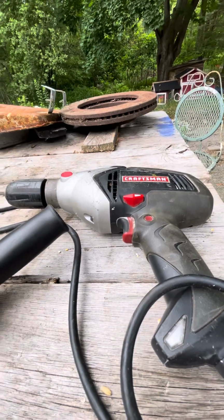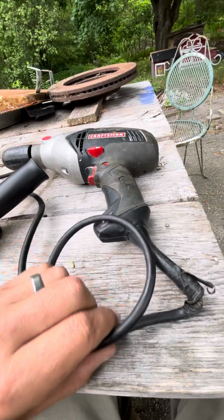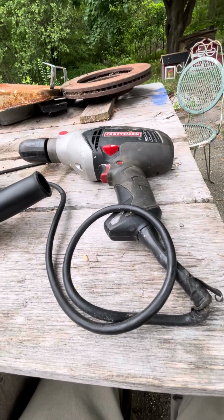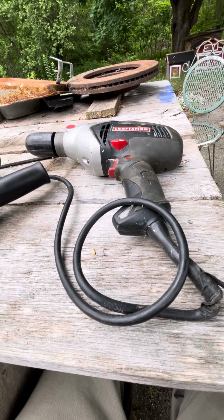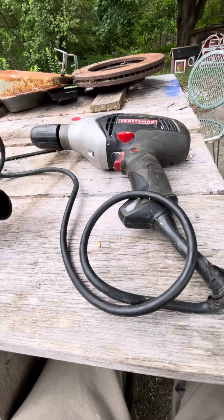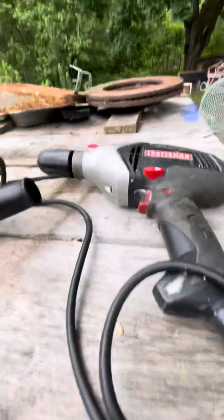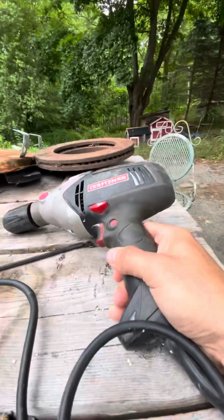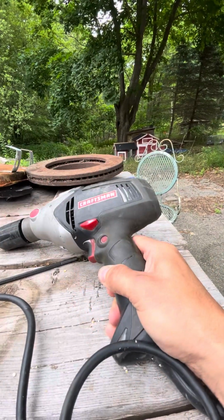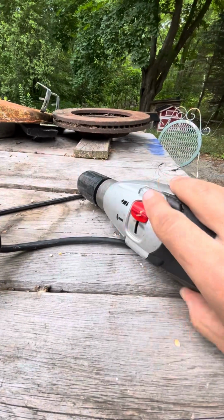Now, this drill here is obviously a corded drill. What makes this different from other drills, like the cordless drills, and you can get cordless drills like this, but I would recommend, again, the battery tools are nice, and I'm going to get into those. But what you want to start with is a corded drill, because it won't run out of power unless you don't have power. This one is also a hammer drill, which means that little thing there, you click it over